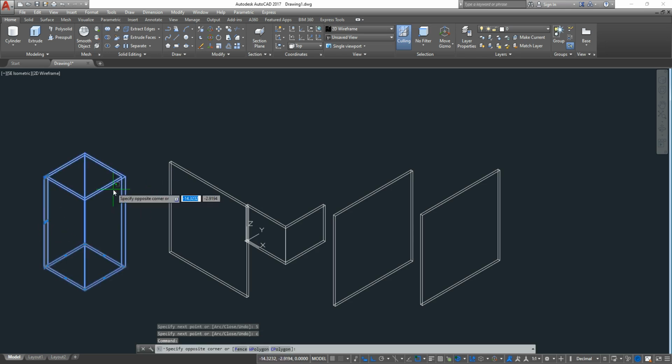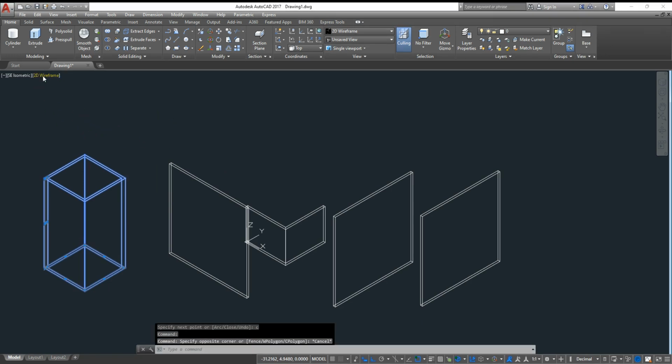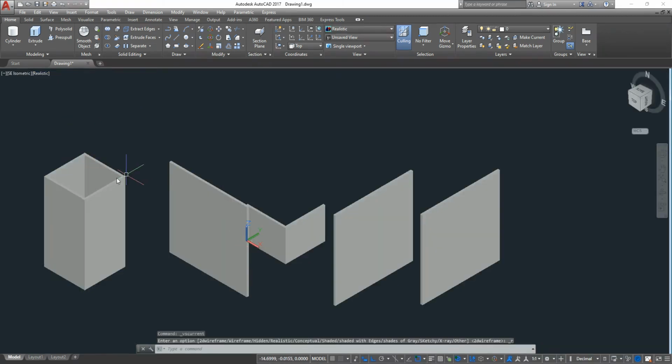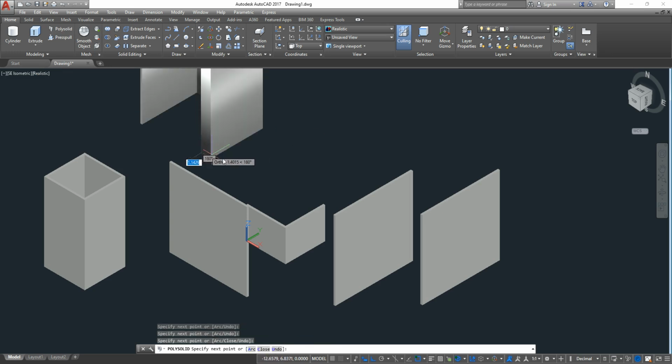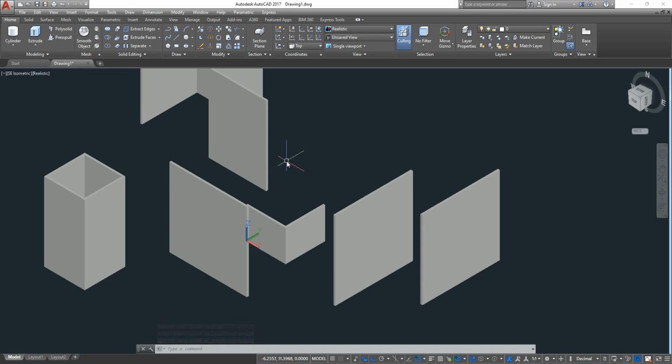So that is already a polysolid that we made. Then go to visual style so that our visualization will be on the solid part of the box or the polysolid. We can see the advantage when we do walls like this using our polysolid. We can also use a polysolid for the presentation of a wall, and that's how you can set it. You will have the length and the height.